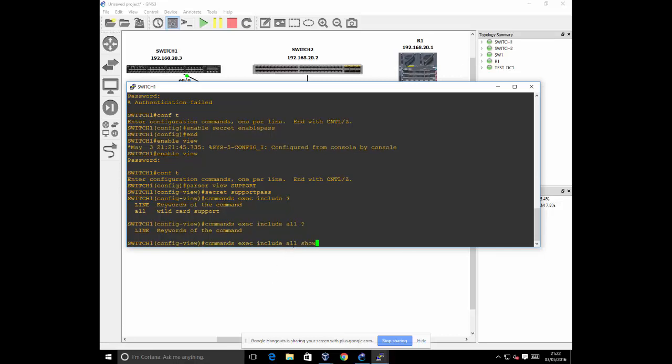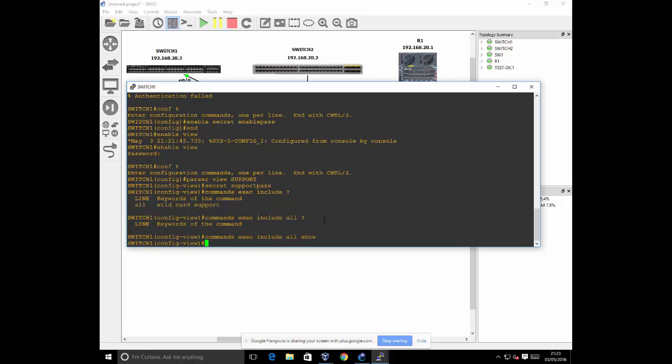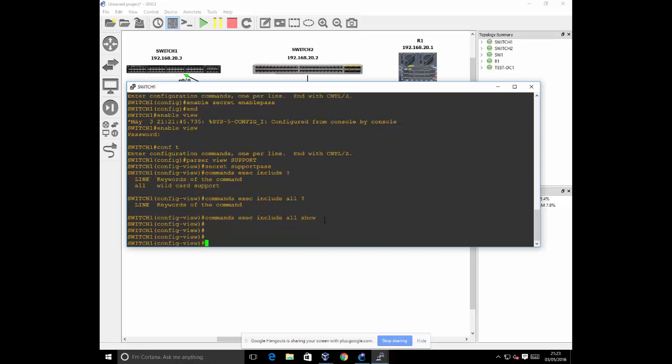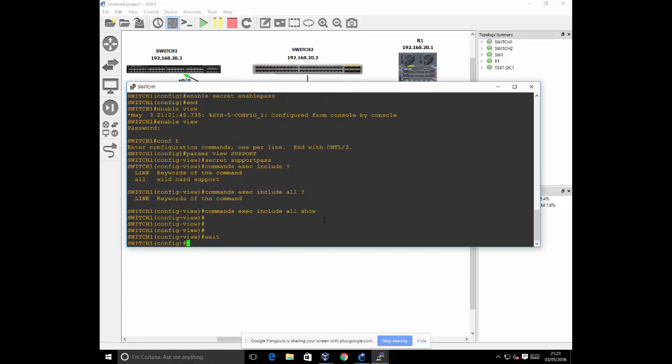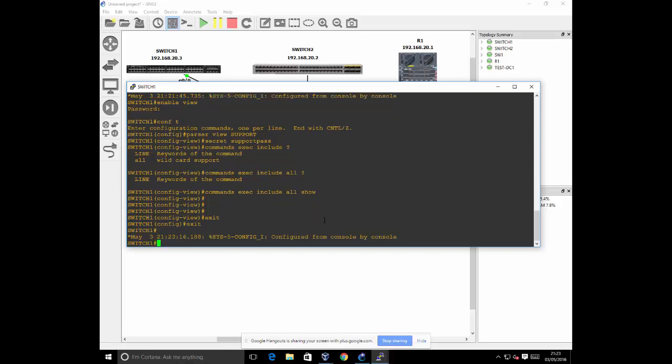If you use the all keyword, it will not only have the show command, it will have all the commands under show. So all show. I only want David in support to be able to do just the show bit of things. Okay, so we've configured that, and then I can exit and just test the view. Always test your view first. So enable view support,